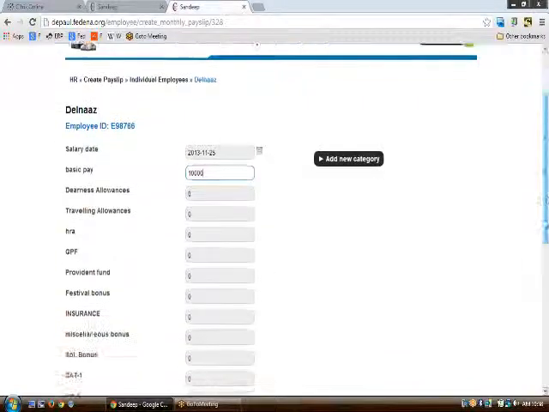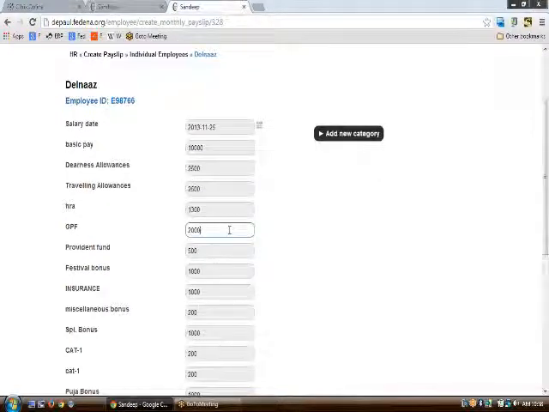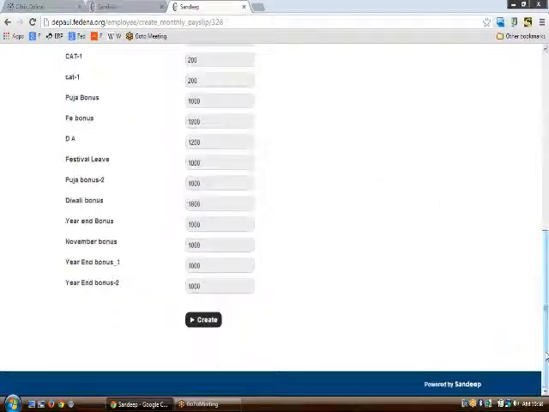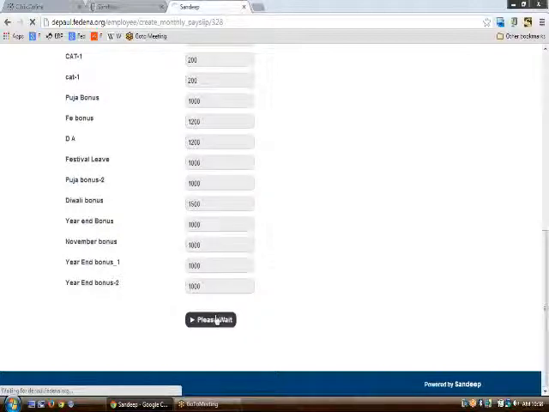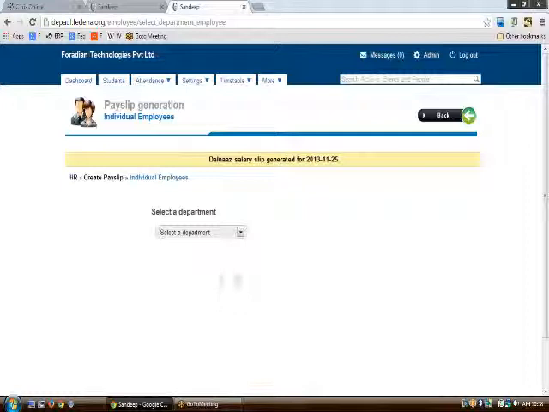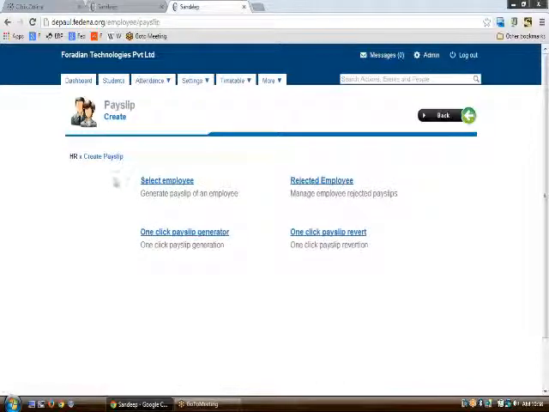Once you have entered the basic pay, the rest of the things are auto calculated. On clicking create, the salary slip for this particular employee has been generated. So this is how you need to create the payslip of the employees.